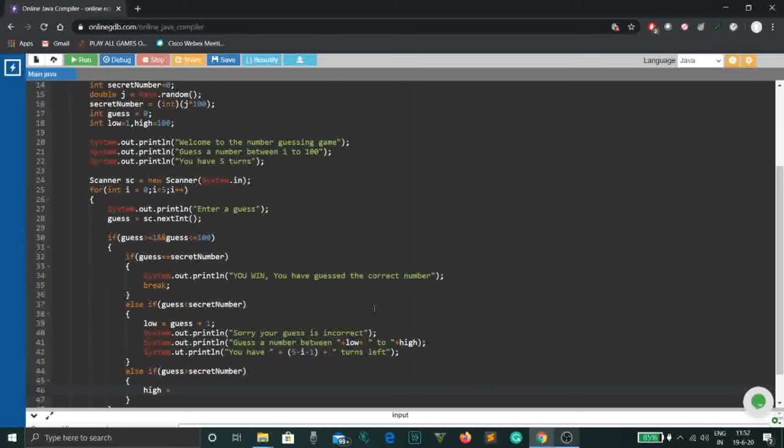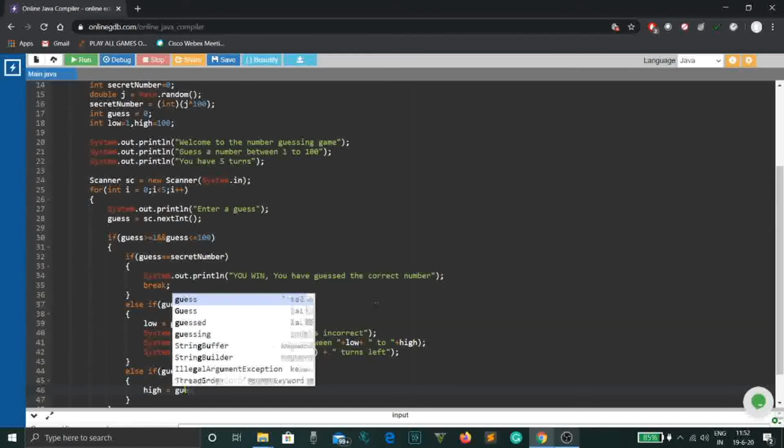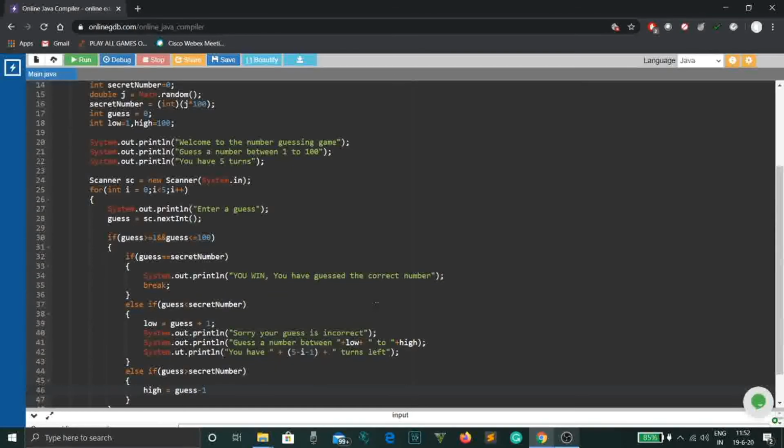So here we'll have to update the value as high equals guess minus 1. In the lower case we did low equals guess plus 1 because we need to update the range, and in this case we'll update it by declaring high equals guess minus 1.